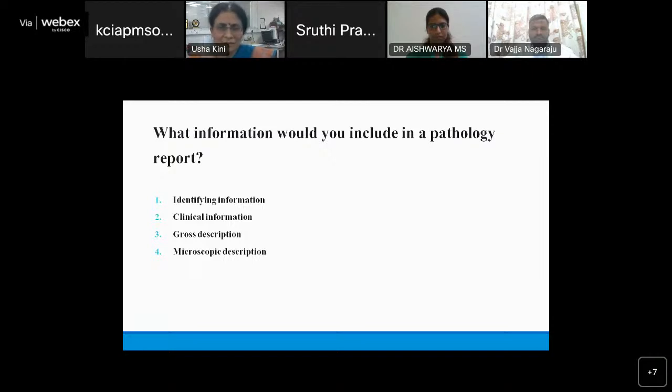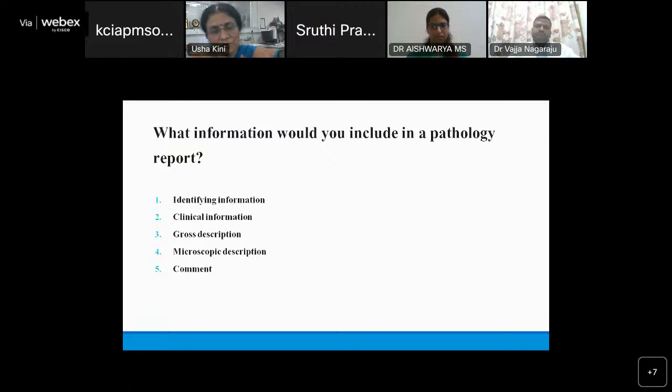So in other words, the report that you give is something that has happened in your lab from the moment the sample has reached, and from the moment you diagnosed and you approved and released the report. And the most important, after the microscopy, is of course the impression. Impression comes with a comment. Impression is where you summarize the morphology to a one-liner saying this is what it is. And the comment is based on that, what you want to tell the clinician.